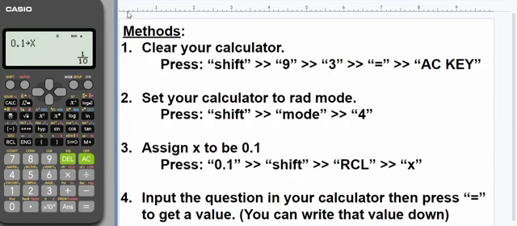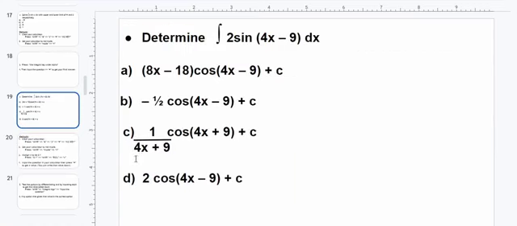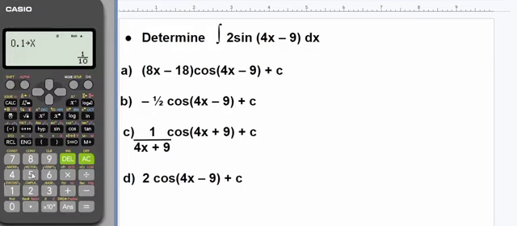So we'll press it in our calculator. This is the question, right? So now you're punching it in your calculator without the integral sign. Take note. So we go by doing 2 sine, then you press 4 alpha X minus 9. Then you close your bracket. You can see it. This is your question without the integral sign. Then you press equals.